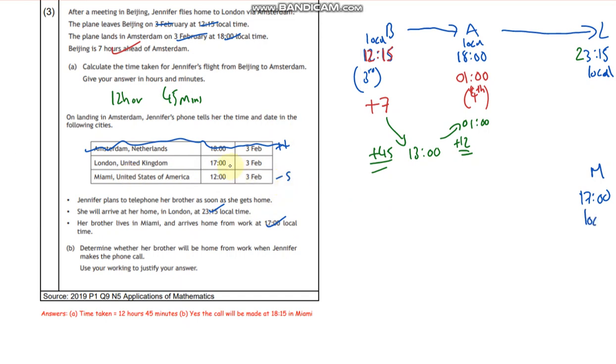So if I want to transfer the local London time into Miami time, I'm just going to take away 5 hours. So for Miami time here, it'll be 23 take away 5. So it's like 11:15 at night, take away 5. That will be 6:15 or 18:15 Miami time because I'm taking away 5. So will the guy be home? Yeah, he'll be home. He got home at 5, so he'll be okay. So yes, as 18:15, it's after